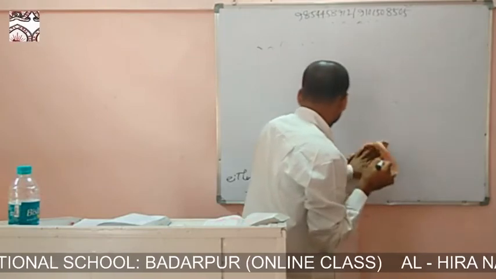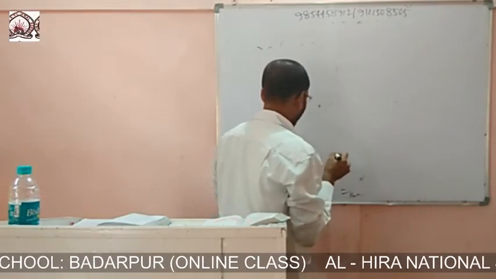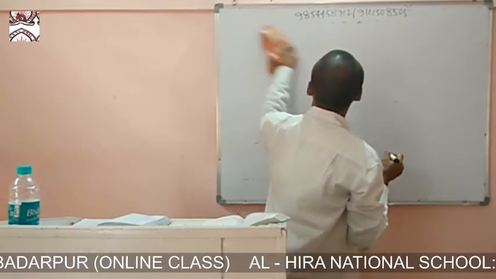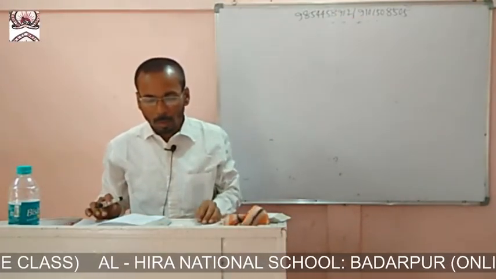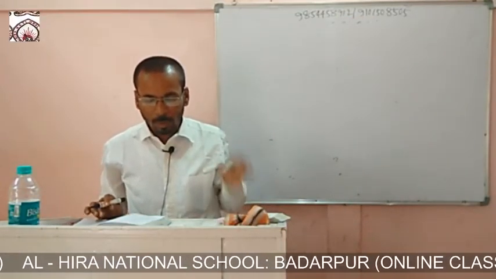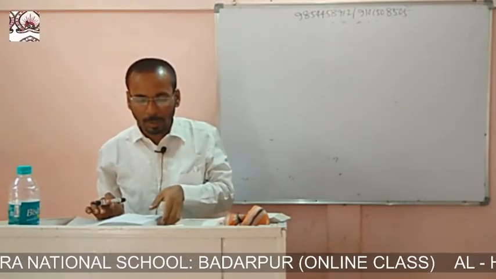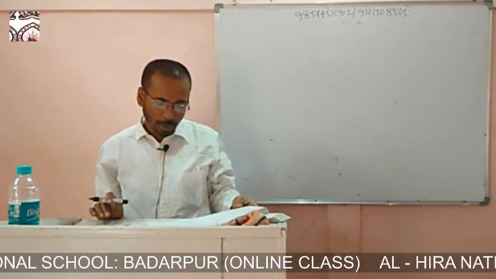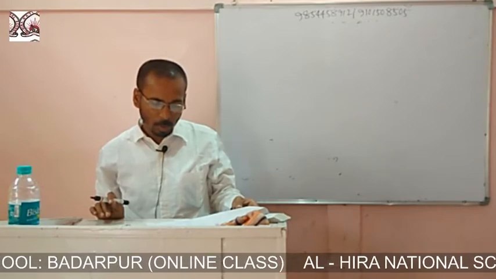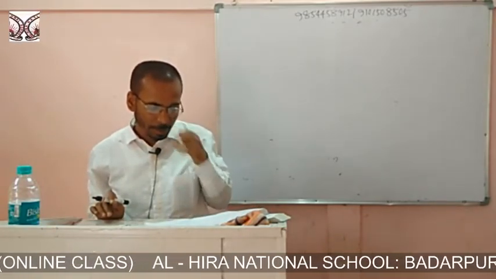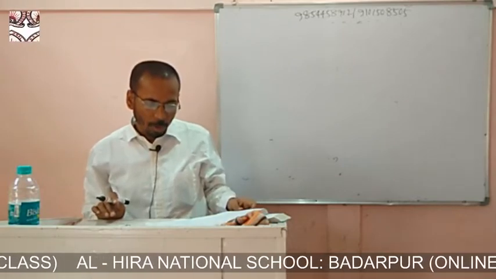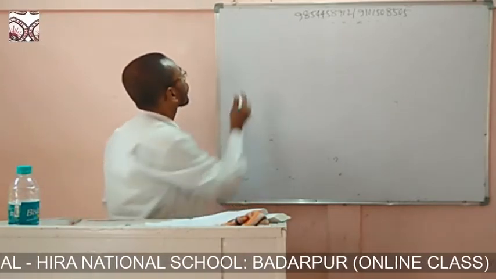Now question number 7. For any triangle ABC, tan A plus B plus tan C is equal to 0. Then question number 1 is tan(A plus B) plus tan C is equal to 0. So question 7A.